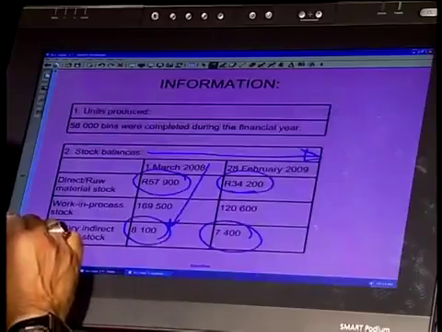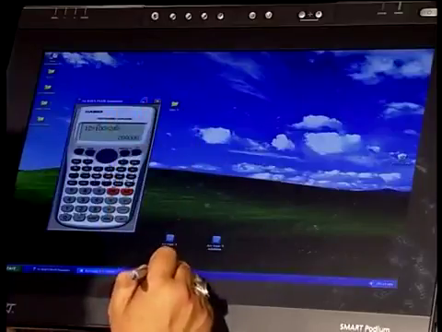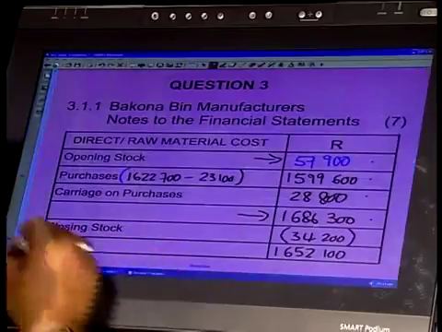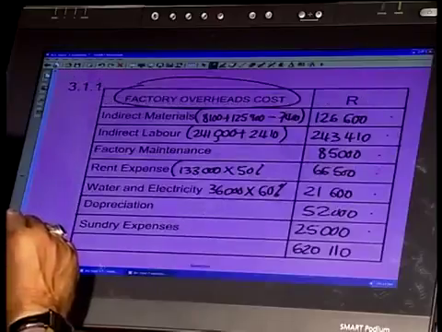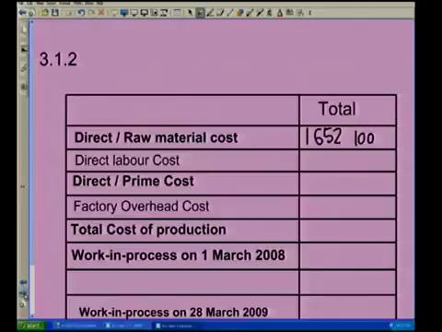Remember, there it is in your note. So whatever answer you get here, incorrect or correct, if you use that answer in your production cost statement, you're going to find that